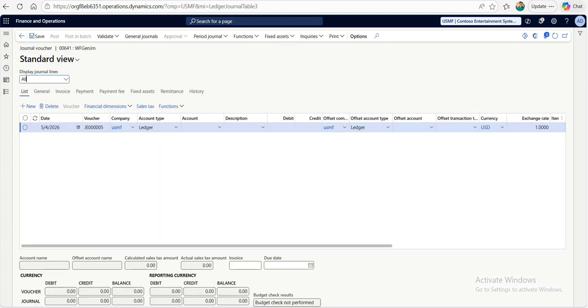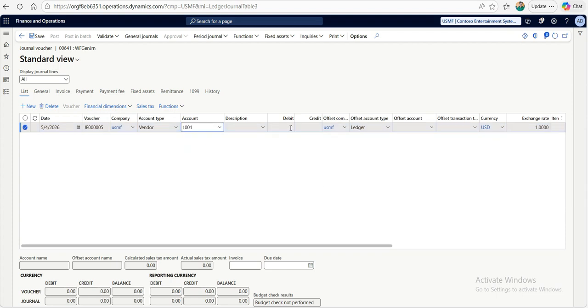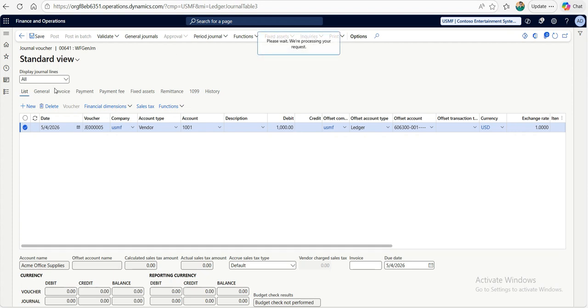So let this be getting created, and I'm just going to select an account type. For example, I'm going to select an account type of vendor, and I'm selecting any account, just for our demo purpose. I'm giving some random amounts, and then I'm selecting any ledger like this, and I'm selecting save. So doing that, I'm just coming out,